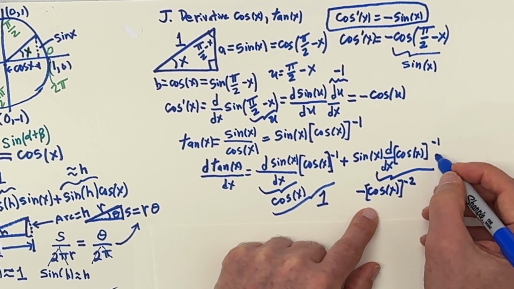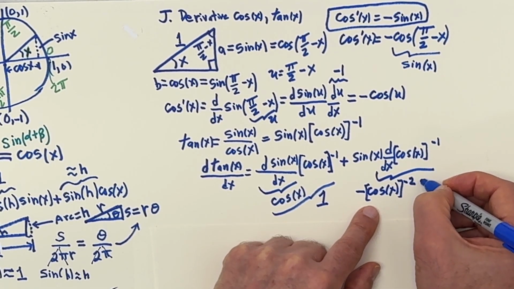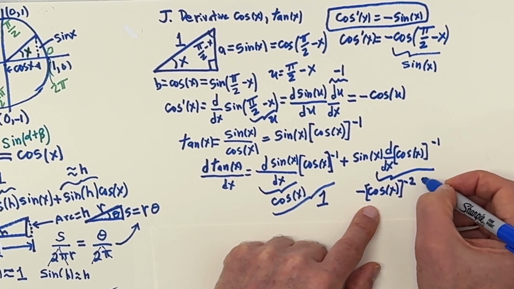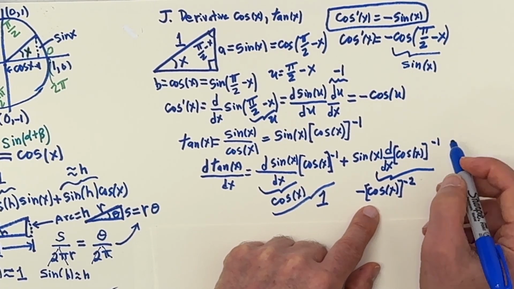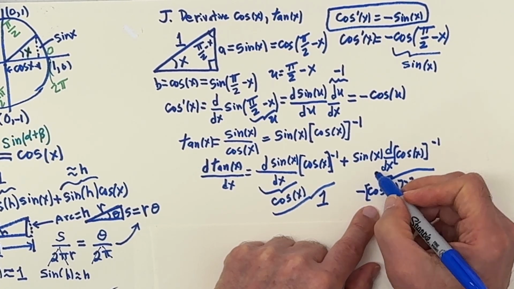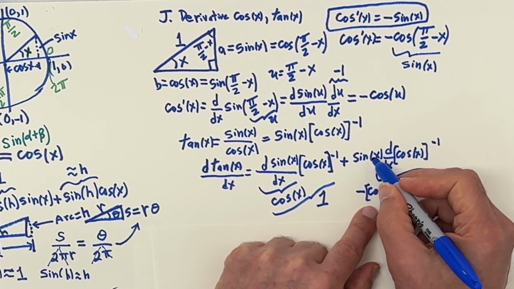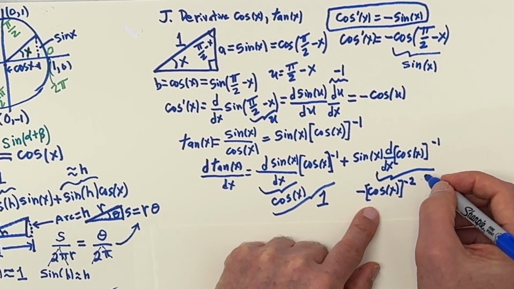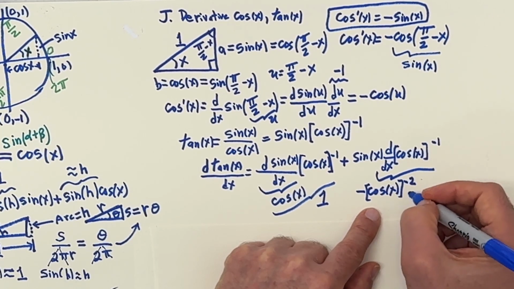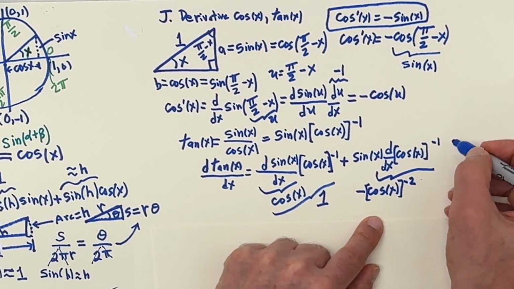And then I need to take the derivative of what's inside. And what's inside is a cosine of x. And if I take the derivative of the cosine of x, I will get minus the sine of x. Now, minus the sine of x will cancel this minus sign, and with the sine of x here, we'll have sine of x squared over cosine of x squared. All right, that's saying a lot. So let's go ahead and write this out